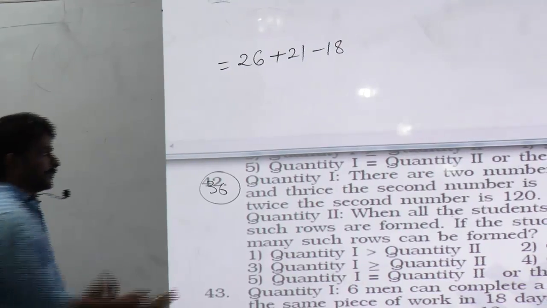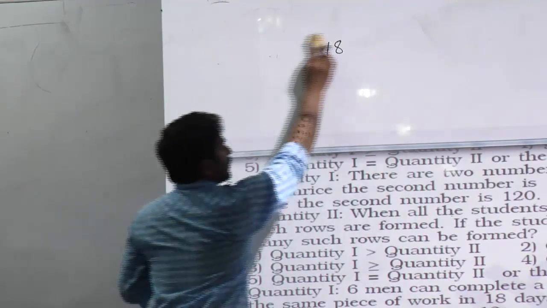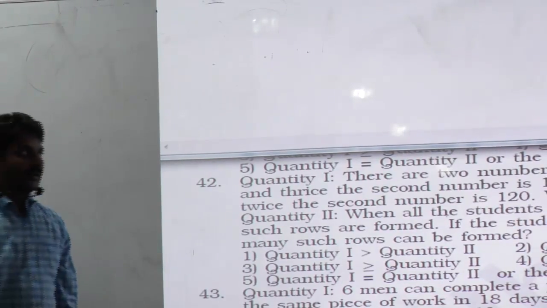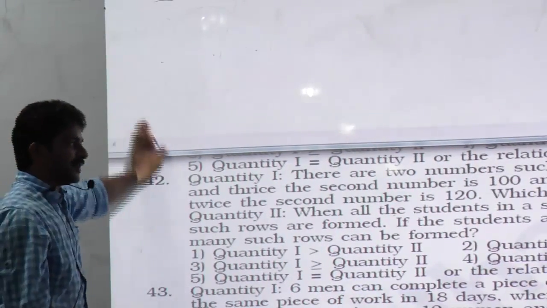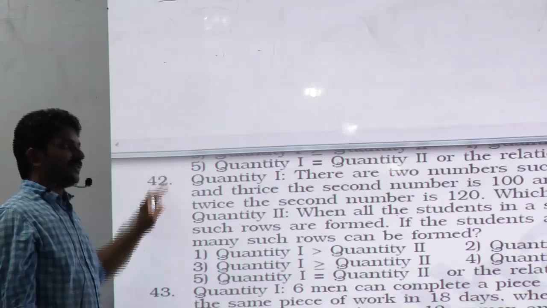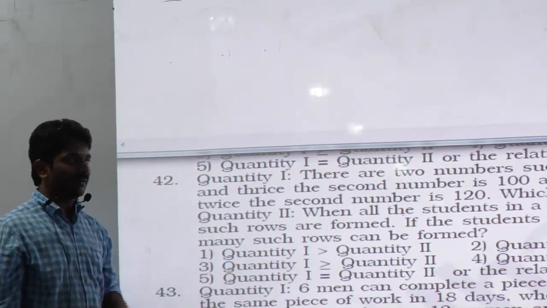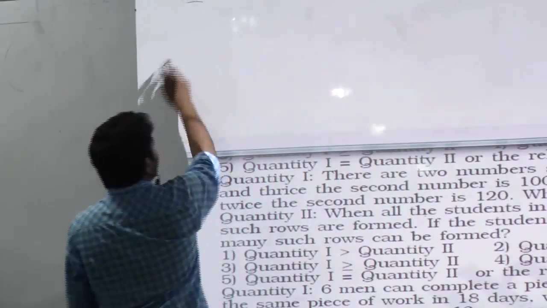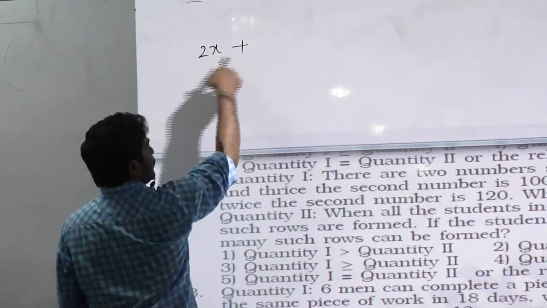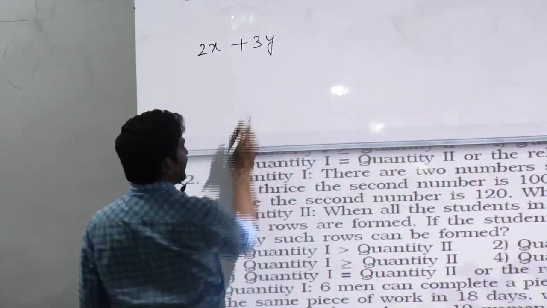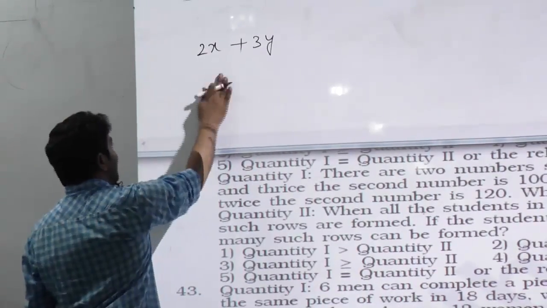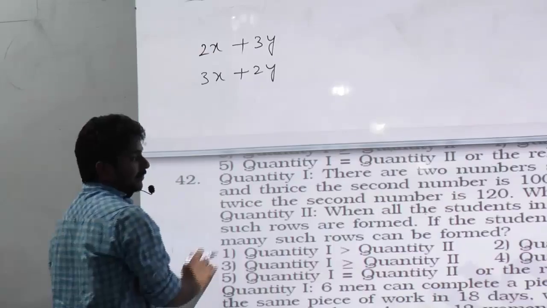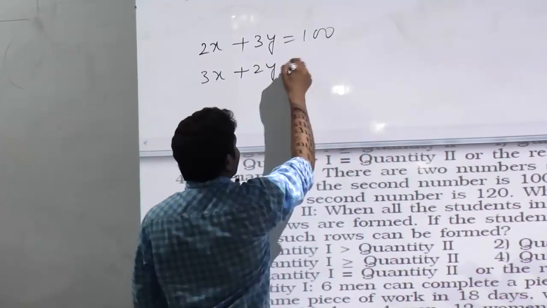Next, 42. There are two numbers such that the sum of twice the first number and thrice the second number is 100, and the sum of thrice the first number and twice the second number is 120. What is the largest number? Now in the first equation you are given the sum of twice the first number and thrice the second number, and in the second case you are given thrice the first number and twice the second number. In the first case the sum is 100 and in the second case it is